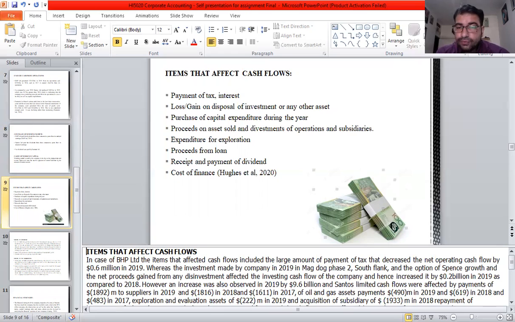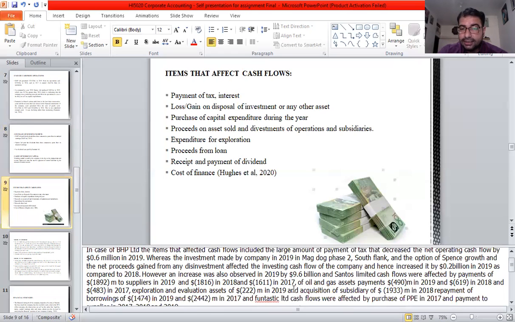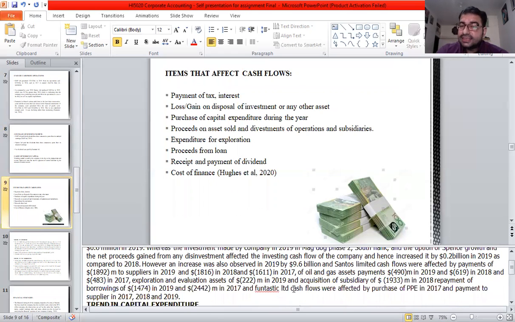However, an increase was also observed in 2019 by 9.6 billion. Santos Limited cash flow were affected by the payments